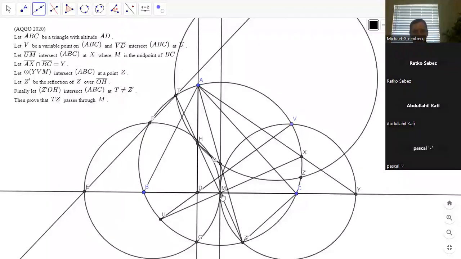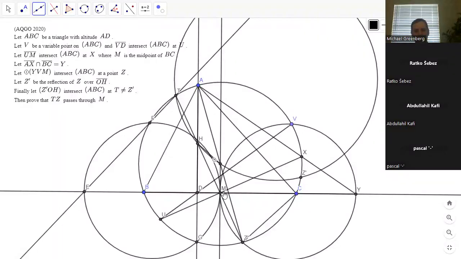We need to show that's angle FEM, and angle FEM is angle TFV, because FV is parallel to BC. So we want to show angle TFV is equal to FGM, and FGM we can calculate as